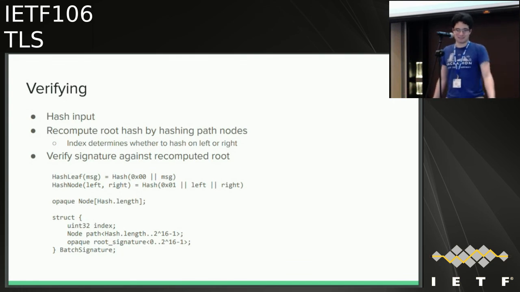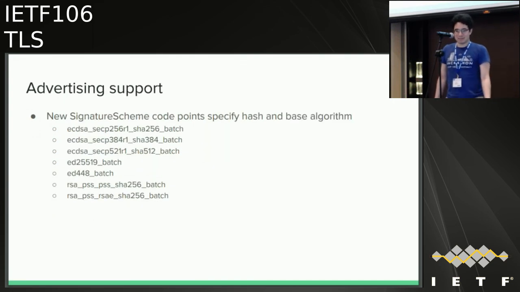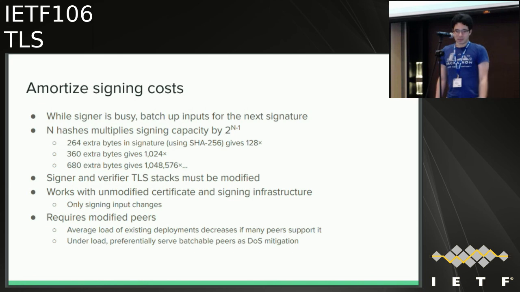Yeah, that's fairly boring. The draft, so in order to advertise, we define some new signature scheme code points, which say do the normal signature thing, but also this thing. And as a result, we can now amortize our signature costs. While the signing thread is busy, you're presumably going to be queuing up inputs. Next time it wakes up, rather than picking up the next input, it picks them all up and signs them